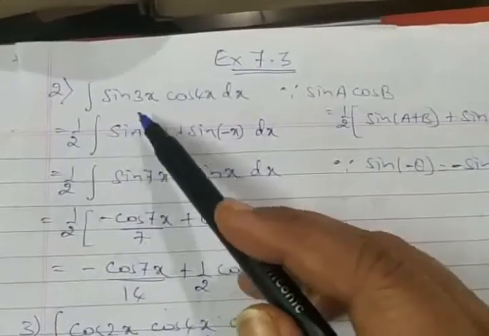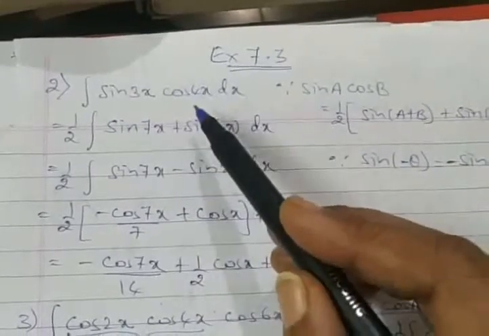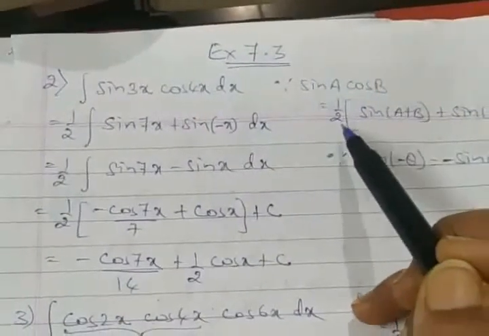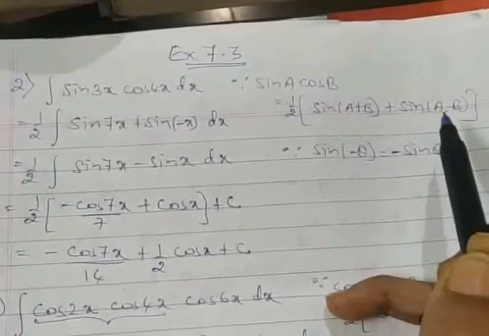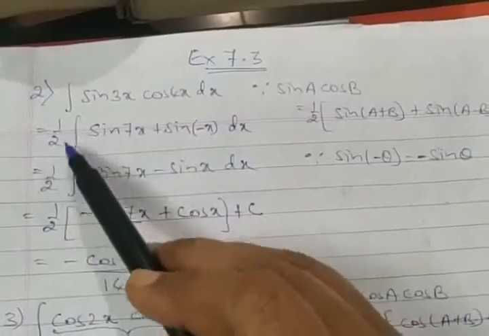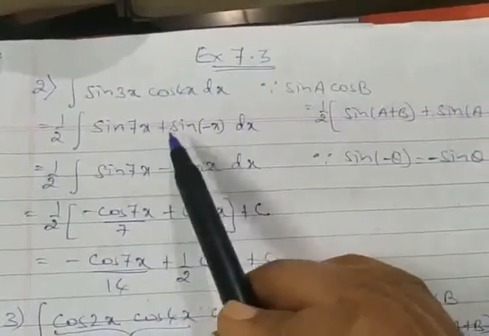Second question, we have integration of sine 3x into cos 4x. Easily can make out, this has to be taken for the transformation formula, sine a cos b. The result we have is half of sine a plus b plus sine a minus b. So accordingly, if I apply the formula here, 1 by 2 sine a plus b, 3 plus 4, 7x, plus